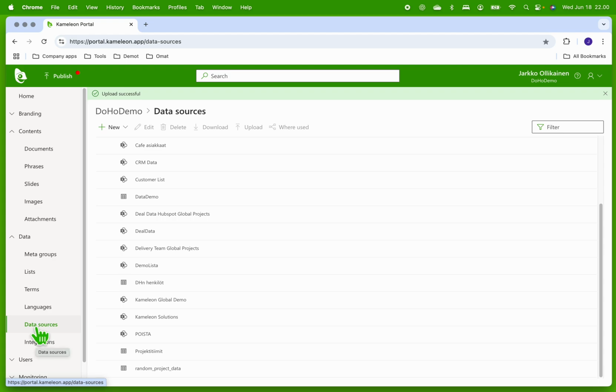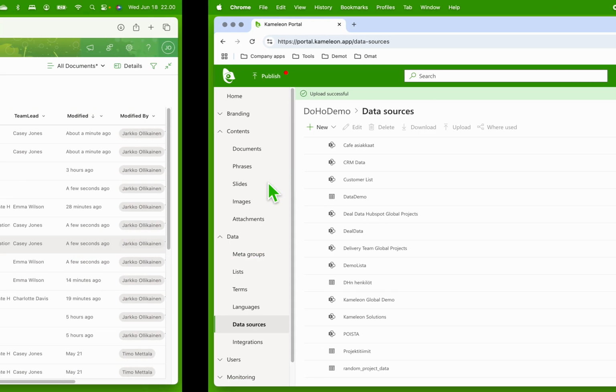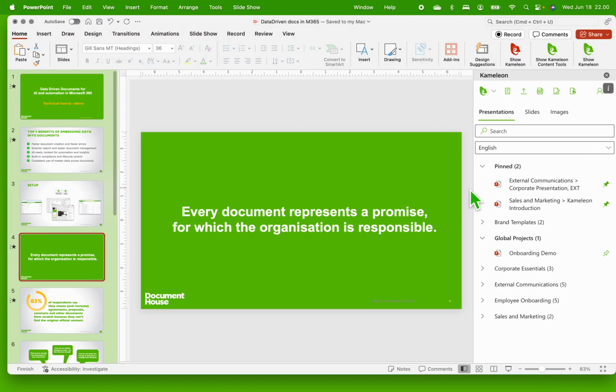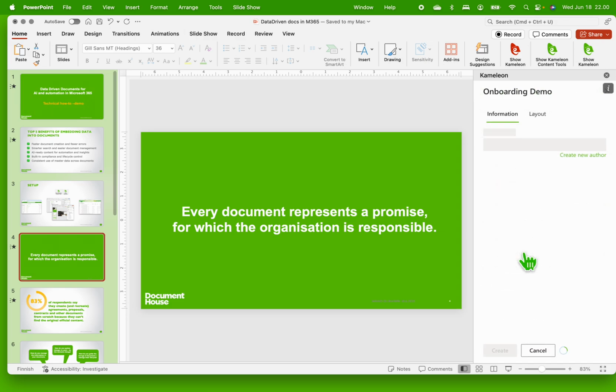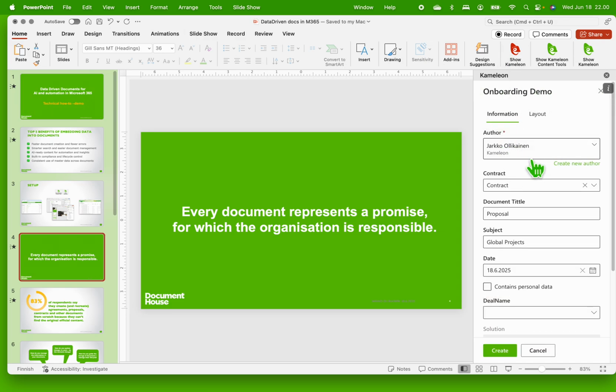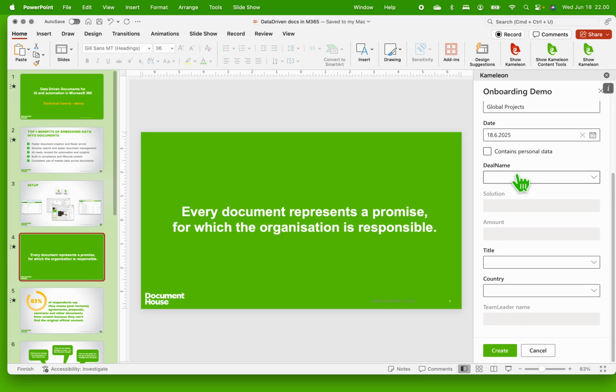SharePoint list is similar. You just navigate to the list and select the columns, and then you have a SharePoint list in here. The next thing you need to do is to create the metadata group that you can attach to a document. And metadata pretty much in here is, if you go to a document, we have these groups that hold the document type and what is the title and